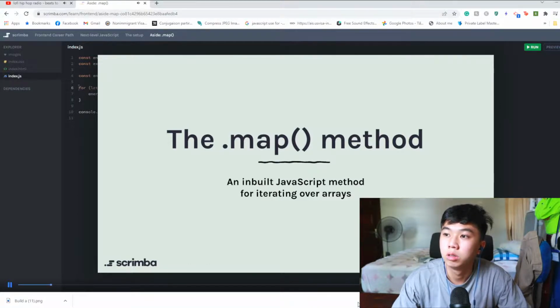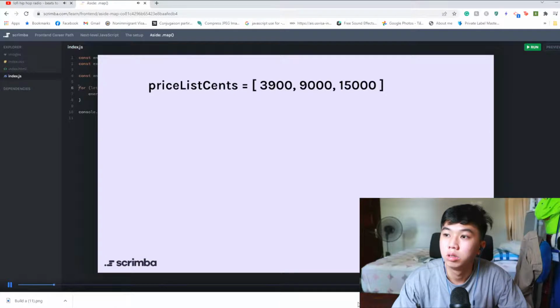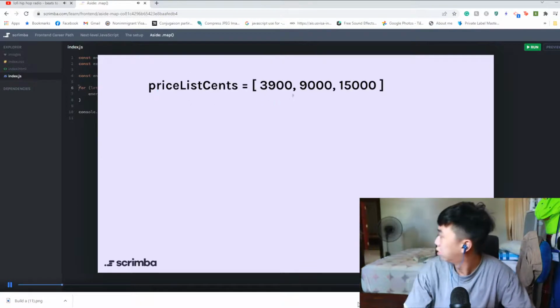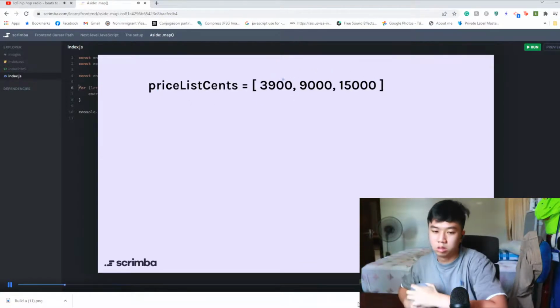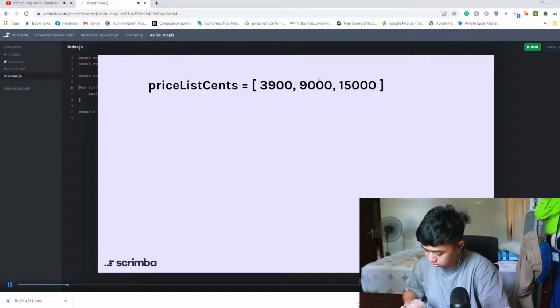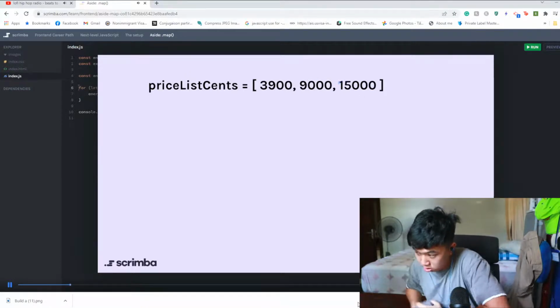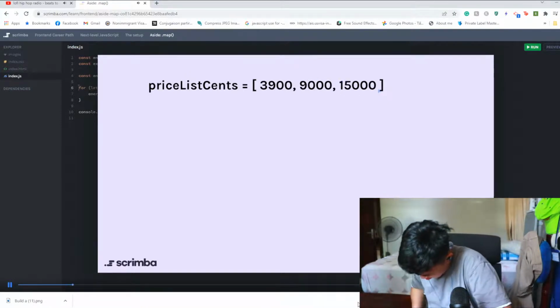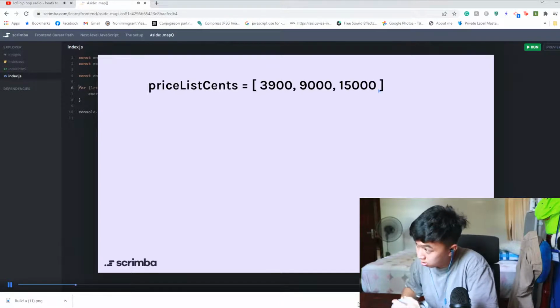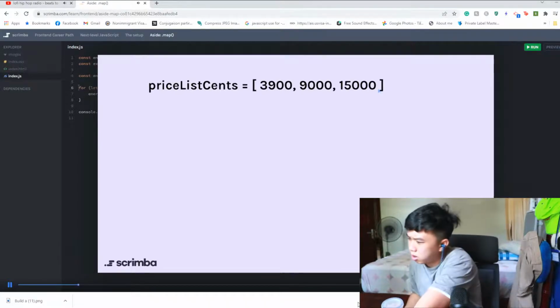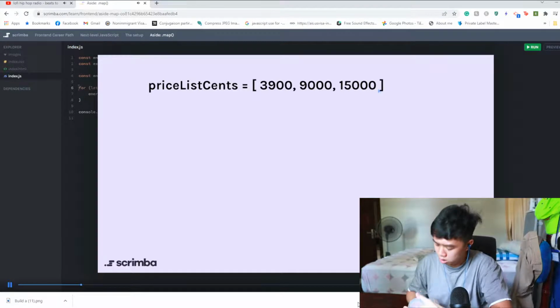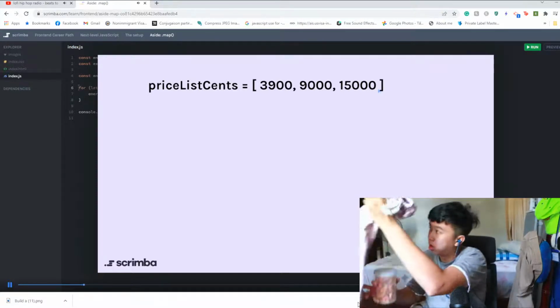So what does the .map method do? Let's take a real-world example from right here at Scrimba. This array is a price list for our products, and these three numbers represent our monthly, 6-monthly, and annual pro membership fees in US dollar cents. And we're using cents because it's really common for databases to hold monetary value in the smallest